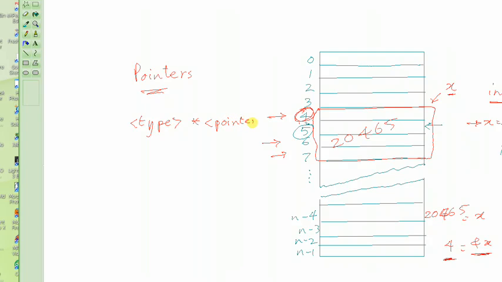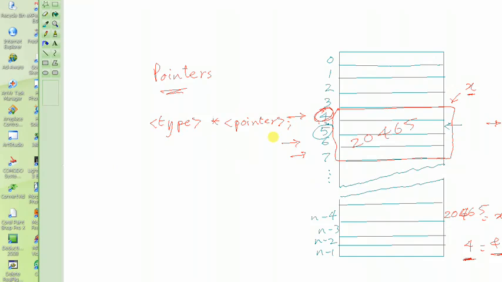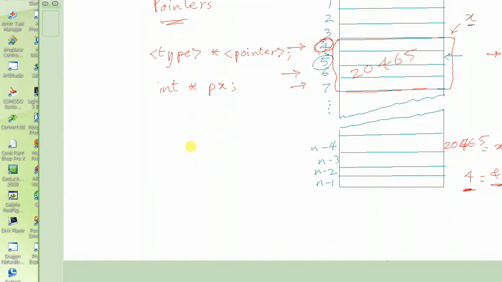So for example, if you want to declare an integer pointer, you say int star px. You can name it anything you want. I tend to write p before whatever name I choose, so that just by looking at it, I know that it's a pointer. And then if you have a variable called x, you